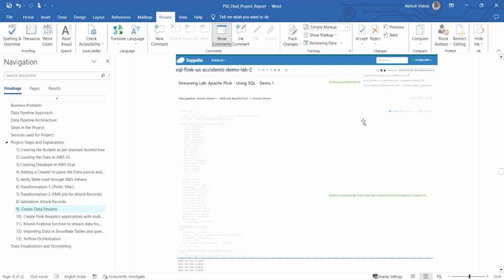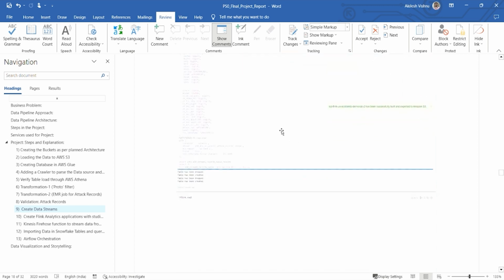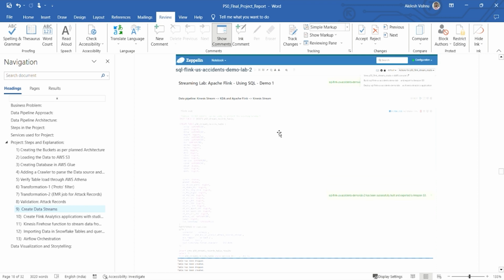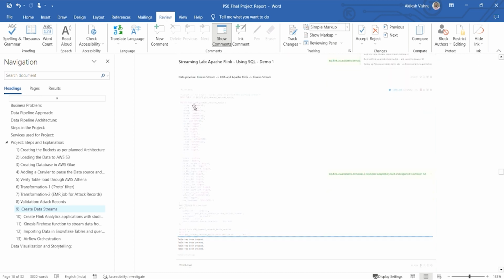So we would be creating an application with which we would put a trigger. If any data stream comes in, automatically this notebook would be triggered and the data would be placed in the respective data stores. You can see here it says build SQL Flink and then deploy. So we are building it and then deploying into AWS. By deploying, whenever a stream comes in and triggers it, the application automatically runs as defined in this